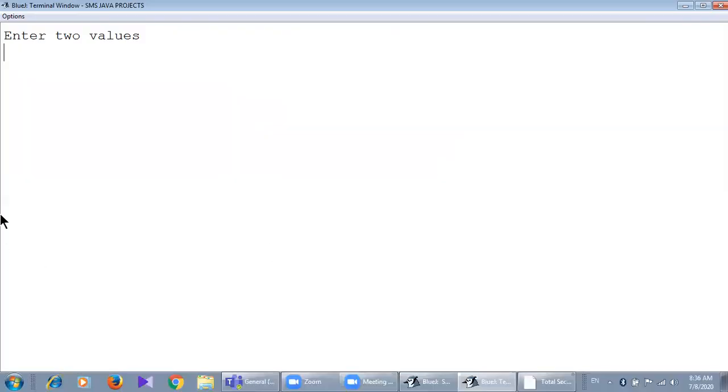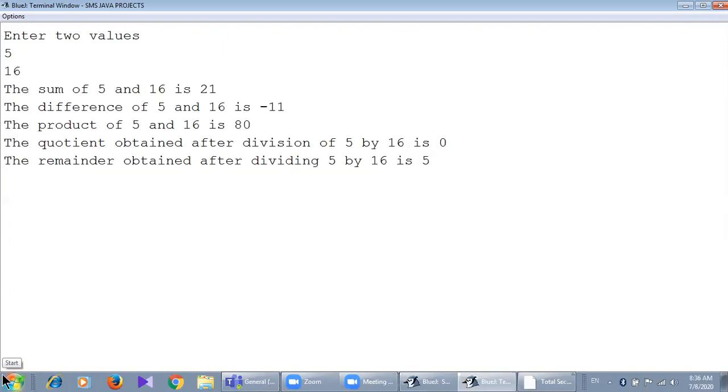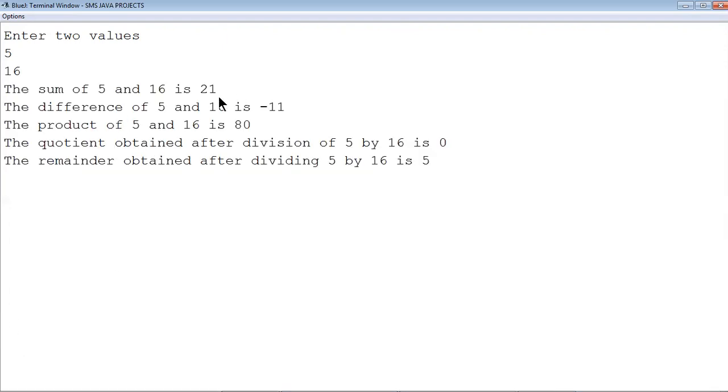Now if I give 5 and if I give 16 here, you can see the sum of 5 and 16 is 21. Okay, 5 plus 16, 21. Very good. The difference of 5 and 16 is minus 11. Now, sir, we do not want minus 11. The difference should be 11, for example the difference between 5 and 16 is 11.